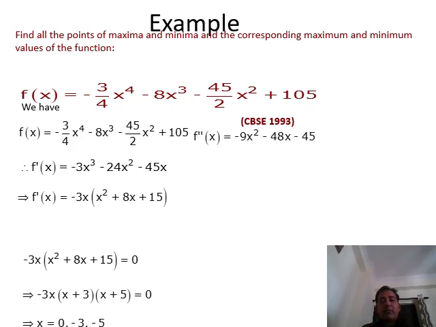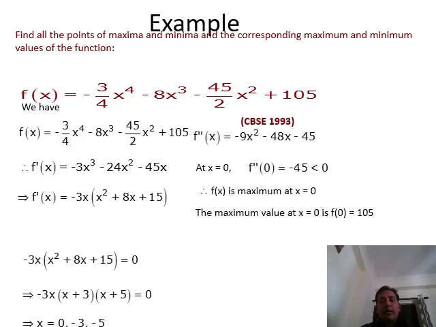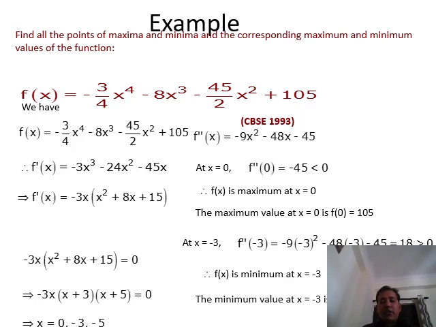Now f double dash x is minus 9 x square minus 48 x minus 45. At x equal to 0, f double dash 0 is minus 45, which is less than 0. Therefore, f x is maximum at x equal to 0. The maximum value at x equal to 0 is f 0, which will be equal to 105. Now, at x equal to minus 3, f double dash minus 3 is 18, which is greater than 0. Therefore, f x is minimum at x equal to minus 3. Minimum value at x equal to minus 3 will be